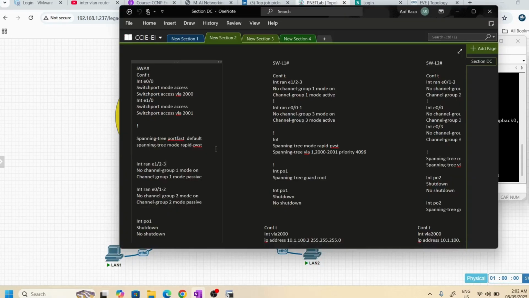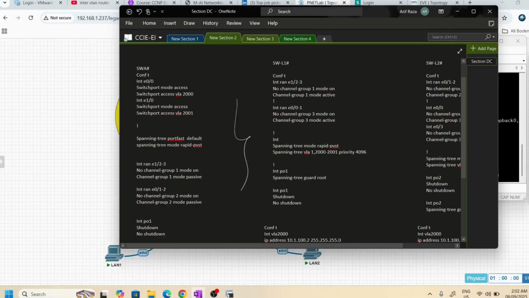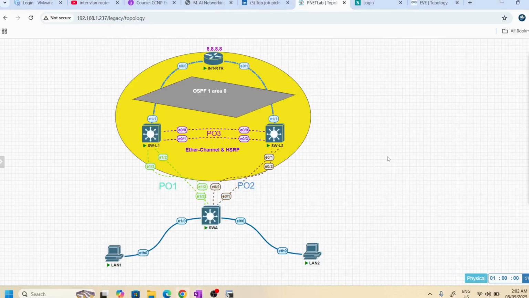Perhaps you're wondering why I'm going to use this script, and copy and paste the configuration into the CLI. Because you guys are very familiar with this topology. Doesn't it look like a CCIE lab enterprise topology? If you know, you can give me a thumbs up and comment in the comment box.